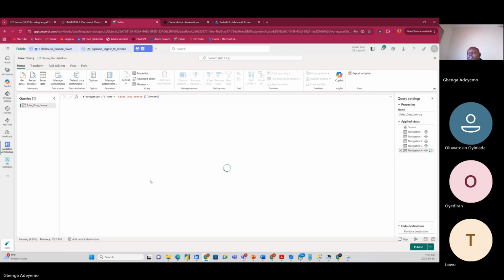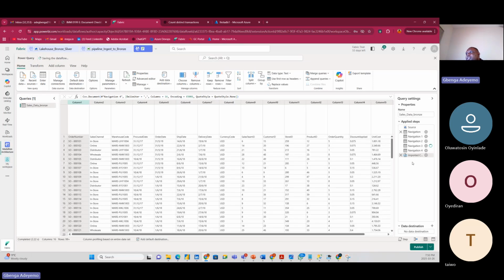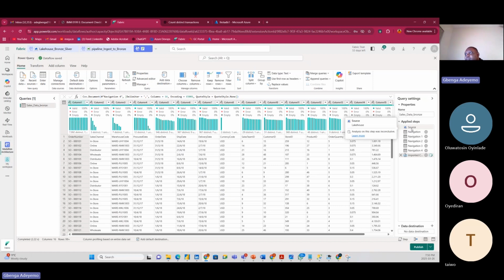Okay. So just like you see in your Power Query, there are some applied steps that come by default, right? Like your source, navigation. Sometimes you even see promoted headers. For people that are using Power Query very well here,